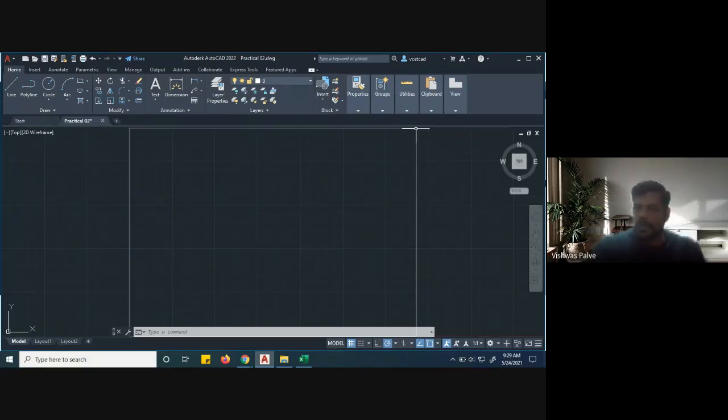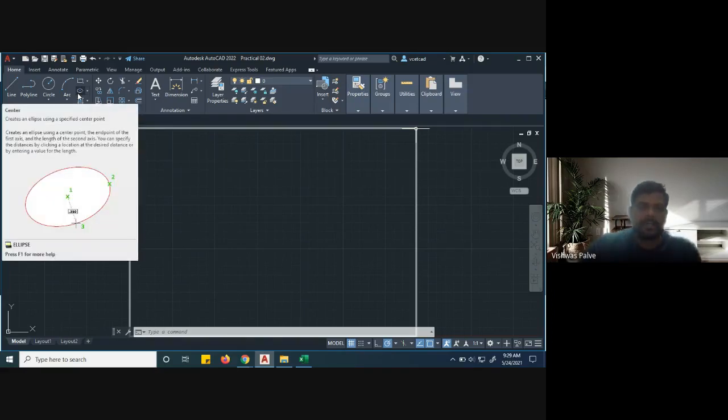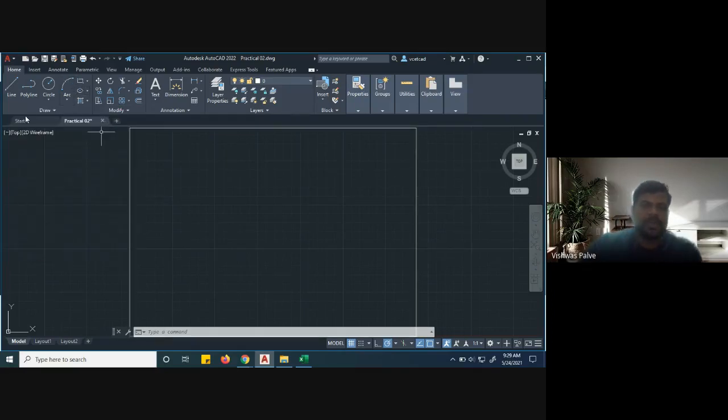Okay, so while practicing the draw toolbar, let us start with the line command. This is the draw toolbar on the screen, you can see. Today we are going to see only this draw toolbar: line, polyline, circle, arc, rectangle, ellipse. Only these tools we are going to practice, and your task will be to practice and draw some features or figures with the help of this toolbar.